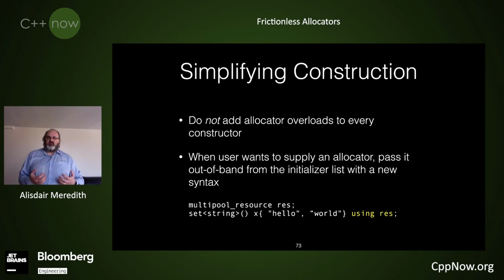So that's why we want to have a consistent method to query the allocators. How are we going to simplify construction? The key issue here is we have this span of all these extra overloads where we've got the allocators that do take an allocator and the ones that don't. We don't want to be adding all the allocator overloads and multiplying out the large number of constructors, which means we want to provide the allocator with a method other than as a constructor argument.